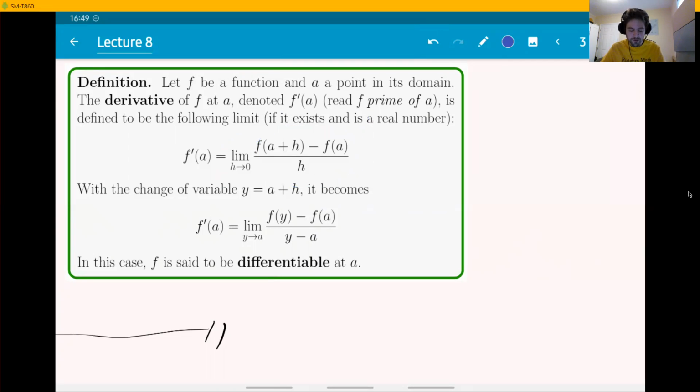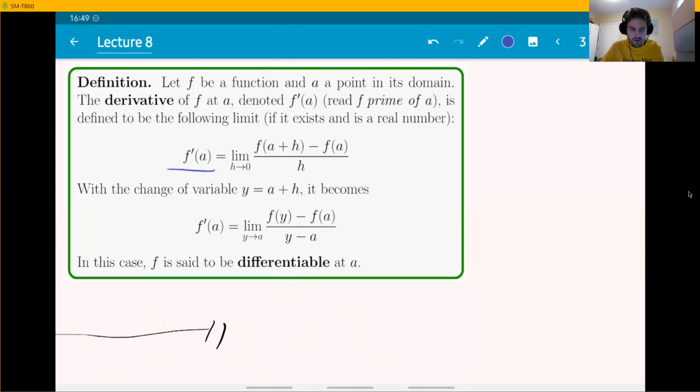So in the numerator, you're taking f of a plus h minus f of a, and then dividing the whole thing by h. This is always a limit that's in the indeterminate form. If you think about this, what happens when you plug in h equals 0? At the top you're going to have f of a minus f of a, which is 0. At the bottom you also have a 0. So this is always a 0 over 0. It's always a limit for which you need to work. You need to simplify it somehow if you want to compute it. That's the definition of a derivative